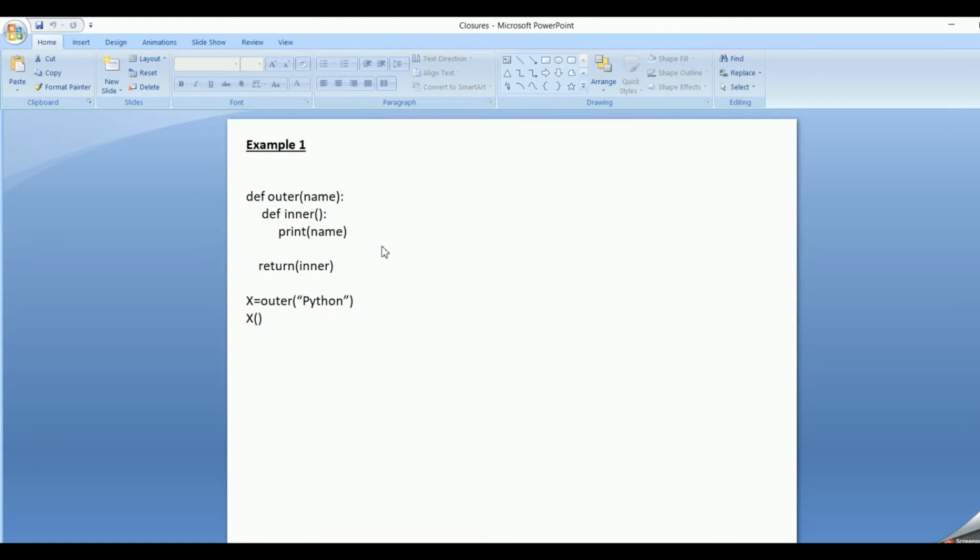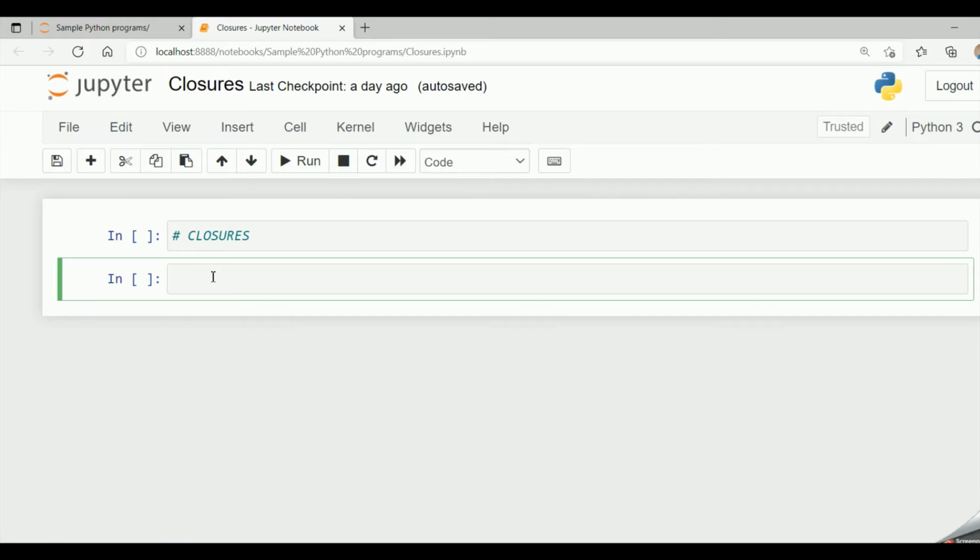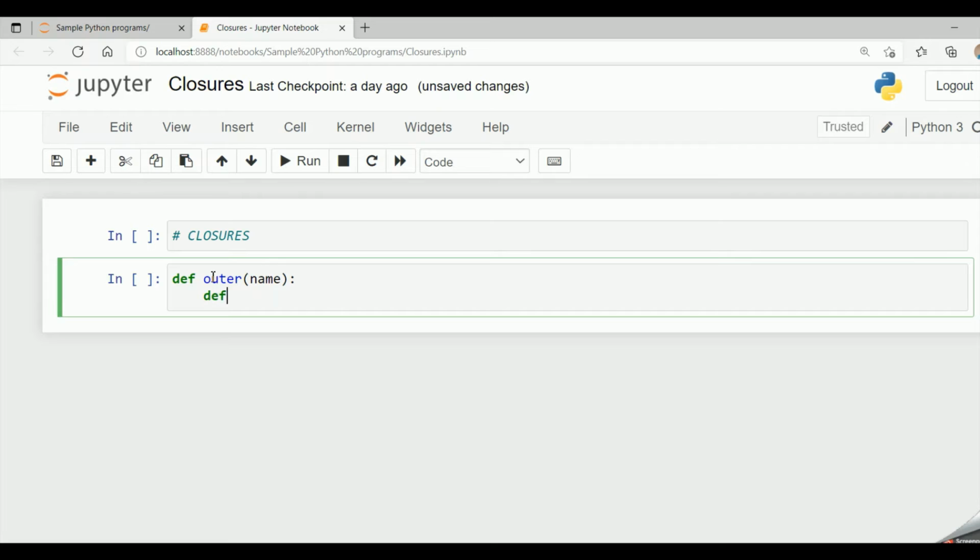Now let's look into it practically. Initially I am having my outer function which takes one parameter called name, within which I am having my inner function.